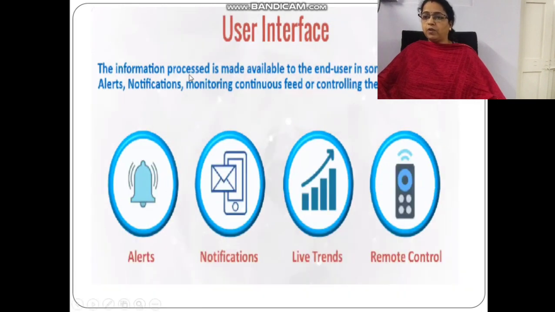User interface. So what is that user interface? In the diagram we have seen at the end, we have the user interface. So how does the user get the notification, like some alert signal or monitoring notification, for example when some field or some device has to be monitored continuously? A sensor will be connected to that field, device or machine. That sensor is going to send the information to the gateway, the gateway is going to send it to the cloud, and from the cloud various algorithms are used to analyze it. For example, if the field is very dry, water has to be provided there,